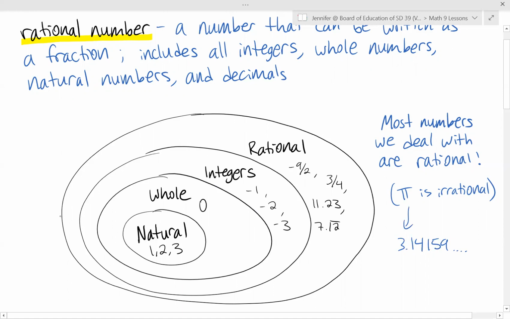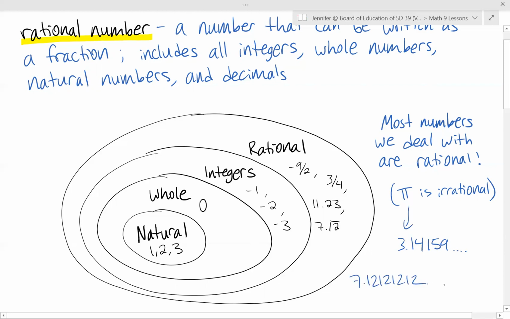Rational numbers now include all of those three that we just talked about. So we can have fractions, both negative and positive, decimals, both negative and positive. You can have decimals that terminate. So this one, like 11.23, that terminates. Or you could have one that repeats, like 7.12 with the line over top. That means it's actually